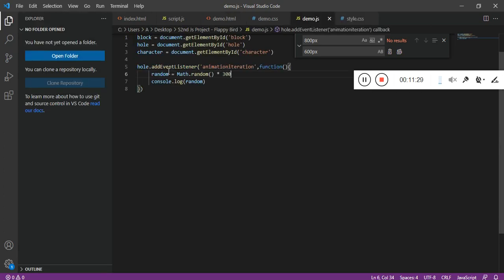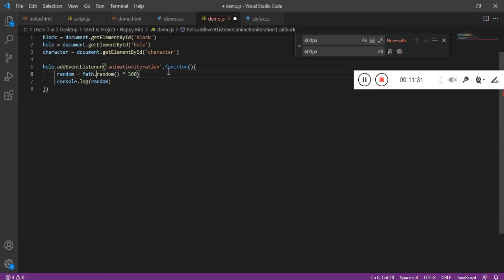and now what I need is I'll make this starting from 150. So that means I don't want the value starting from 0 to 150. So now the value which we will be getting will be in the range of 150 to 450. So since we are dealing with position relative, our hole is below the block, so we have to make this negative.